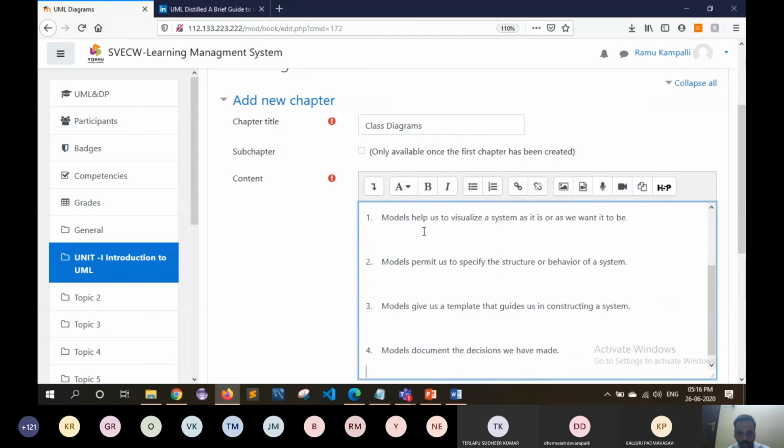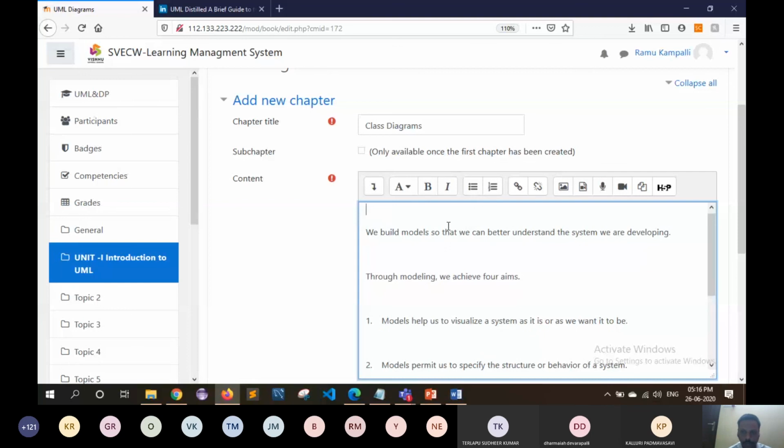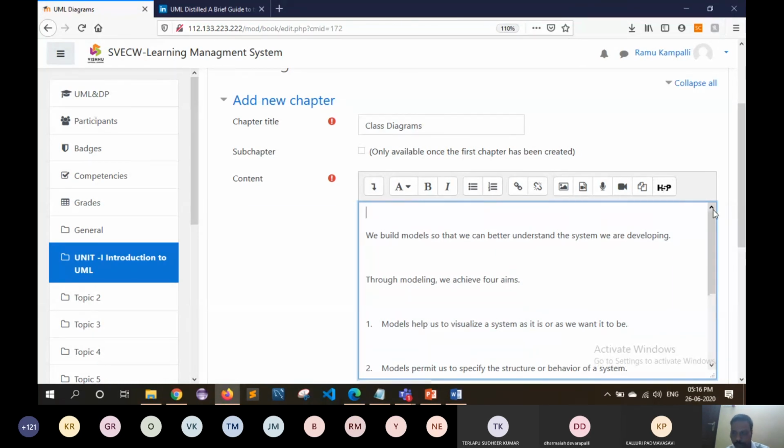Directly the content is added here inside the box itself, and here we can change things by using the buttons provided above the text area. So you can add an image, you can add YouTube, I mean a video, or you can add H5P content itself. And this H5P content preparation also I will discuss tomorrow. How to prepare interactive videos, interactive video preparation, I will discuss later, how to create H5P.